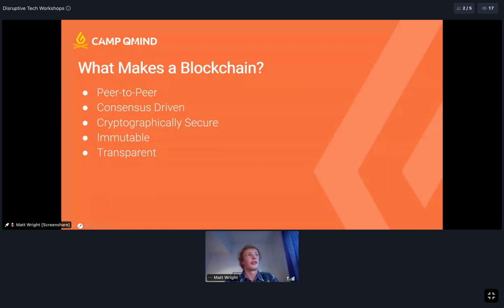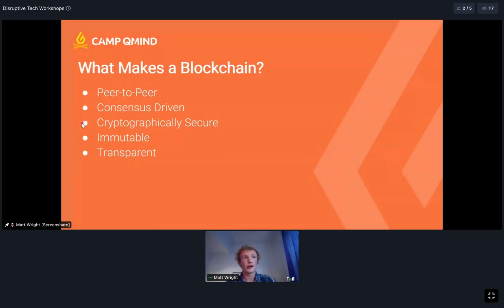But the result of having a pretty new technology is that there's not one great definition of it that I could really find. No one's really settled on what a blockchain is, but they have 5 common properties. The first one is they're peer-to-peer, right? Their participants can operate without some third party validating their transactions. They're consensus driven, so everybody participating in the blockchain gets to agree on what the collective truth is. It's kind of like a democracy.